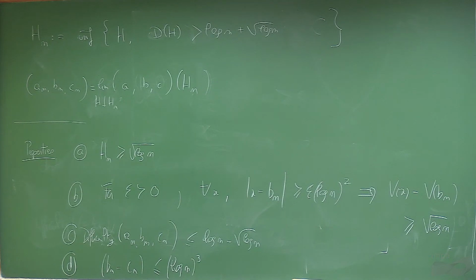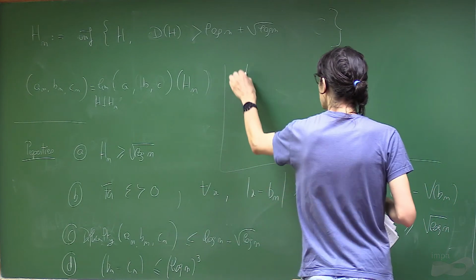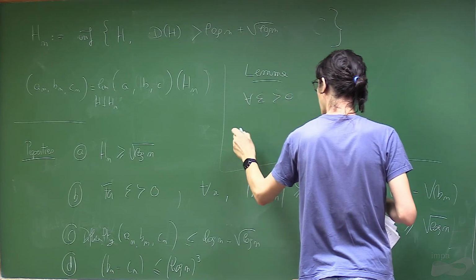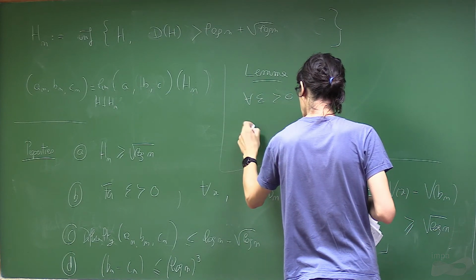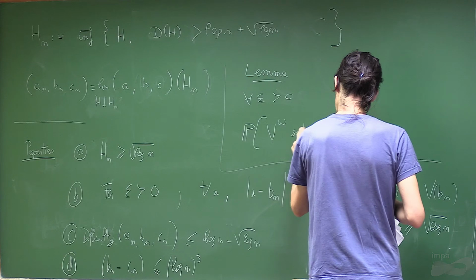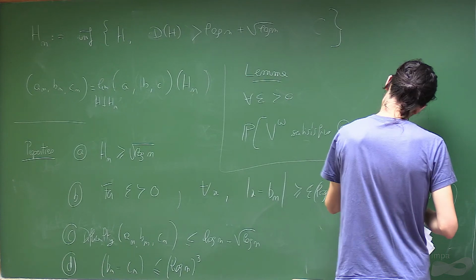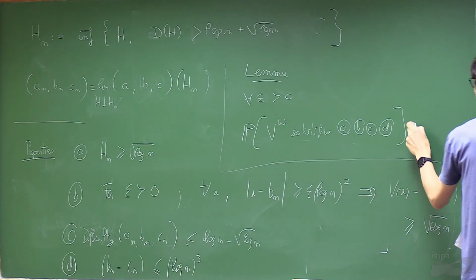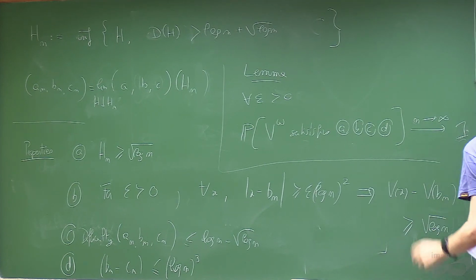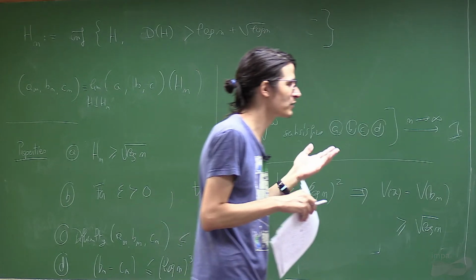Okay, so these are the desirable properties, and the lemma is that for all epsilon positive, the probability that V omega satisfies A, B, C, D tends to 1 when n goes to infinity. So this is what we are going to look at, and the other thing we are going to prove, of course, is that